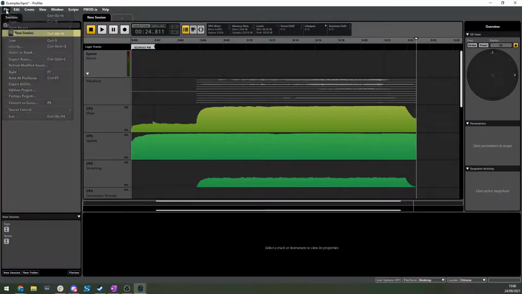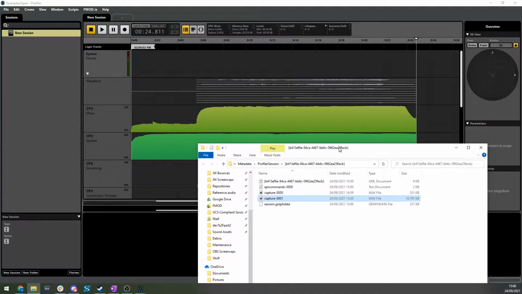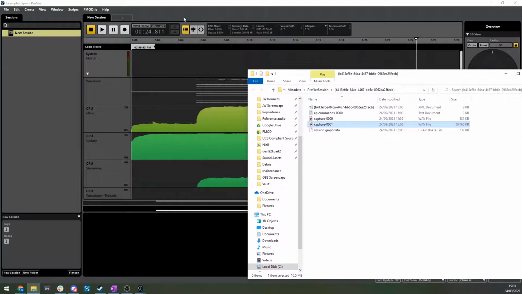So to get that, we just want to save the session and then right click on our session, open an Explorer, and it'll open up here. This is the one we want. The first one is just this little clip of silence there, and then the 0001 is our actual recording. So what I'm going to do,